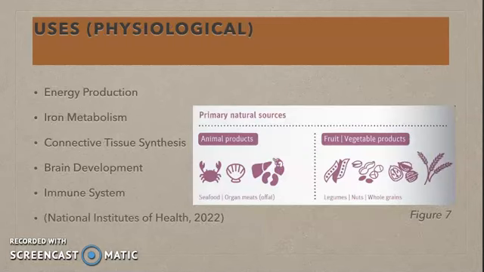Though copper plays an incredibly important role in modern society, it is vital to organisms as an essential mineral and critical in physiological functions. According to the National Institutes of Health for humans, these functions include energy production, iron metabolism, connective tissue synthesis, neurotransmitter synthesis, regulation of gene expression, brain development, and the immune system. Approximately 2/3 of copper in the human body is found in the skeleton and muscle. According to the Site and Life Organization, copper is the third most abundant dietary mineral.